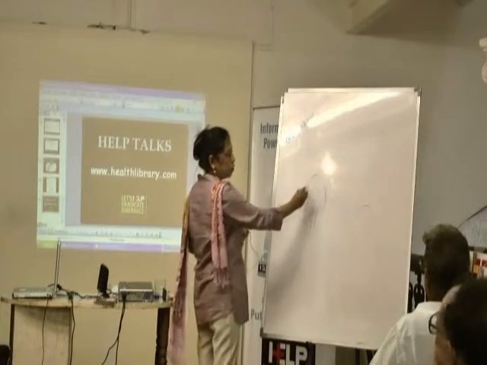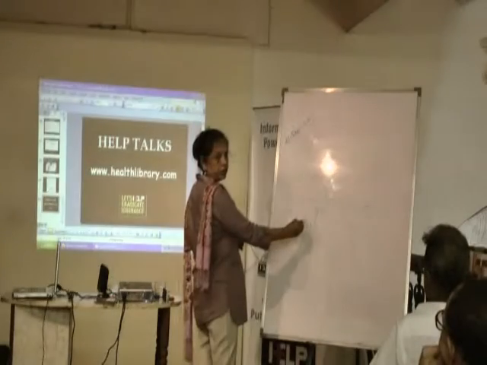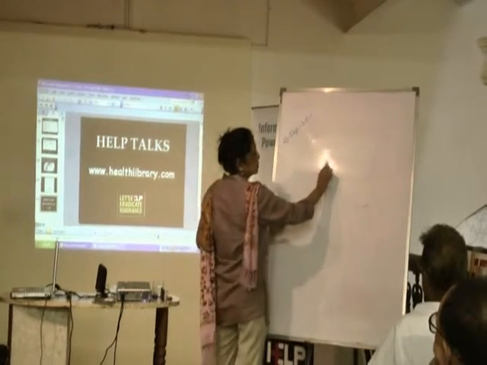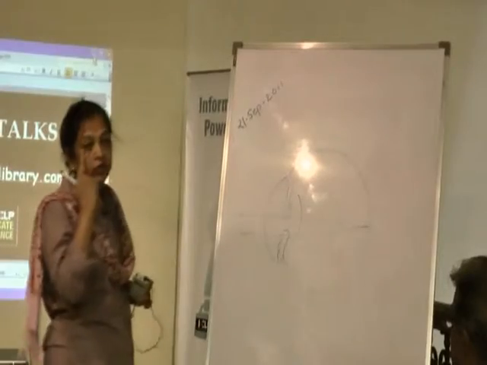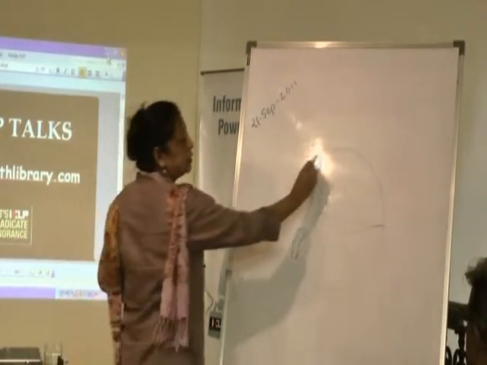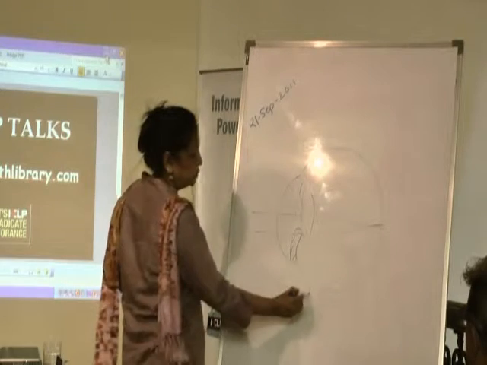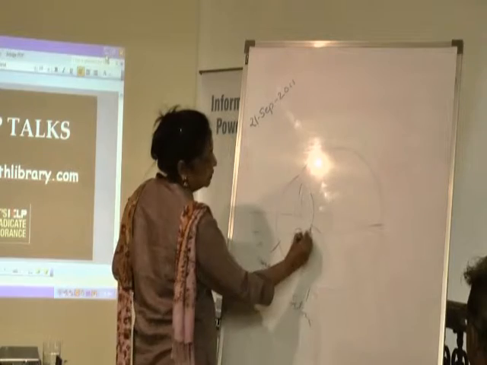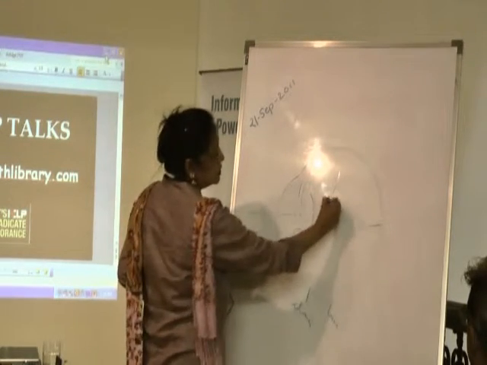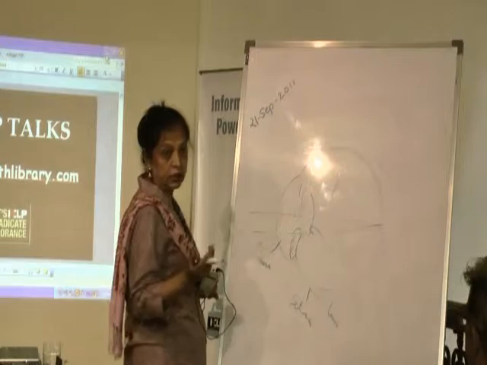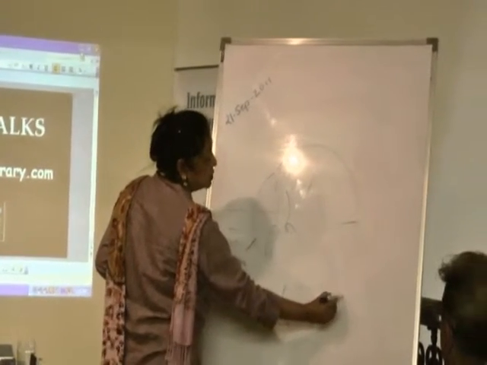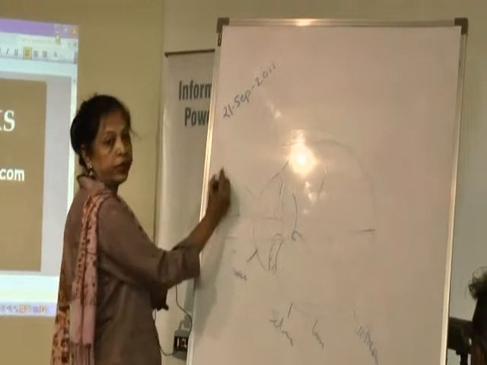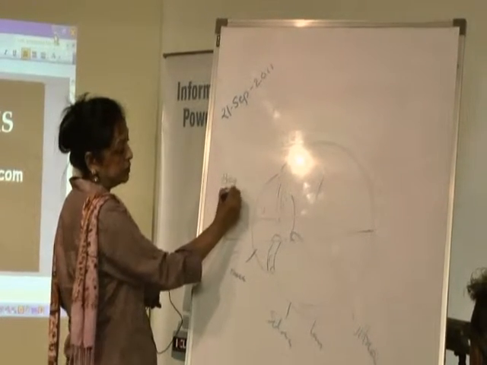Here you can see this is the cornea, this is the anterior chamber, this is the iris. Here you can see the iris, and this is a white coat. Whatever you are seeing in white color, that is the sclera. This is the lens. Here there is a jelly-like liquid, that is known as the vitreous. And here the fluid is watery, that is known as the aqueous.